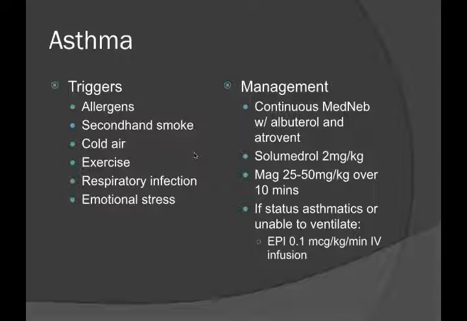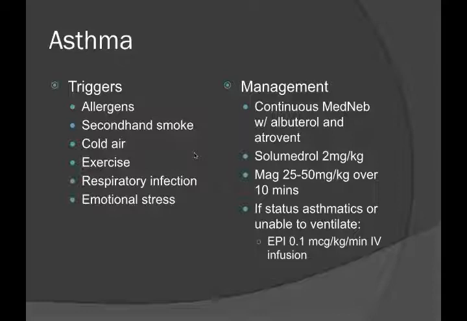For severe exacerbations, magnesium can be very helpful. Pediatric dose is 25 to 50 milligrams per kilogram over 10 minutes. And I've had kids that I was on the verge of intubating and then started magnesium and turned them around. So for severe exacerbations, magnesium is very helpful. It works as a smooth muscle relaxant. And so if status asthmaticus